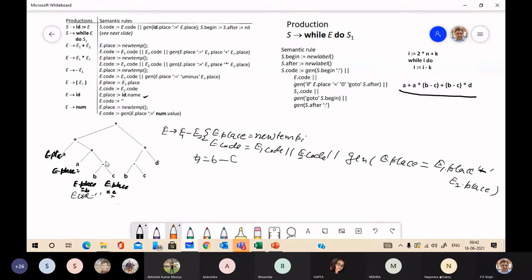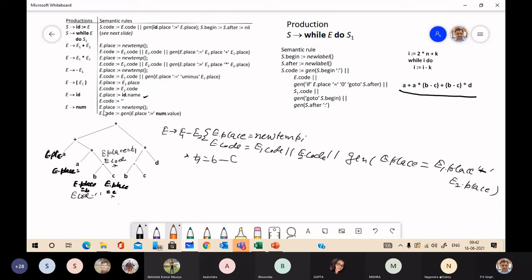Here the E place is T1 and E code is nothing but this. Okay, see the evaluation order, how it is going to evaluate.